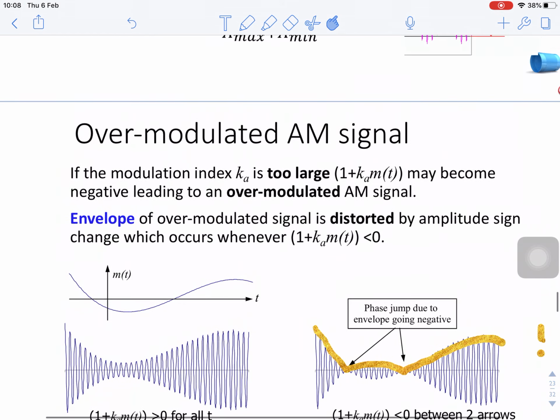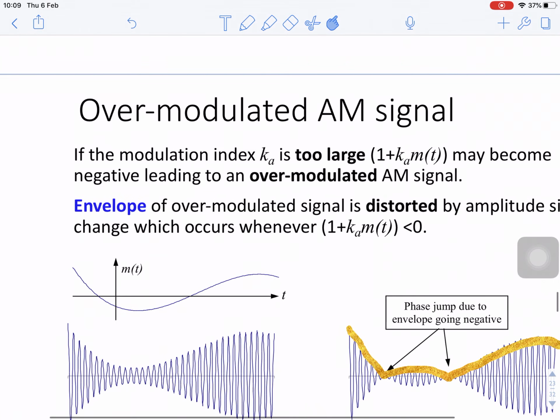What if it's less than 0? The original signal is missing. So that is not good. So we don't want the Ka to be too large. We don't want 1 plus Ka MT to be less than 0. Therefore, we want the